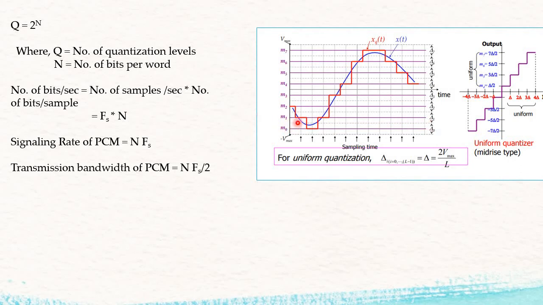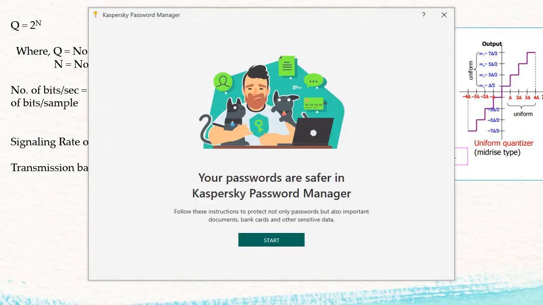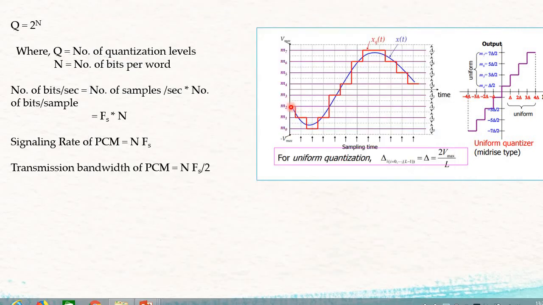Okay, so how are we going to do the sampling? Here I have taken one sine wave, the input signal, and this is the quantized version. So what we do, just pay attention over here. We start from this particular line. Okay, so here what is happening? This is my quantized level. The values which are present in between these two dotted lines are represented by M2. Okay, and the values which are present in between these two dotted lines are represented by M1.